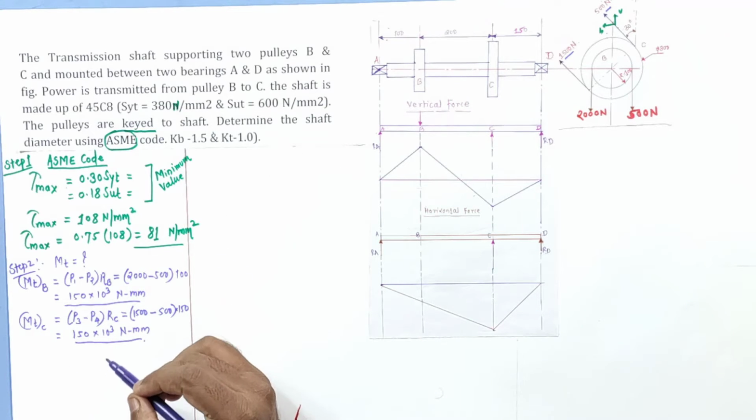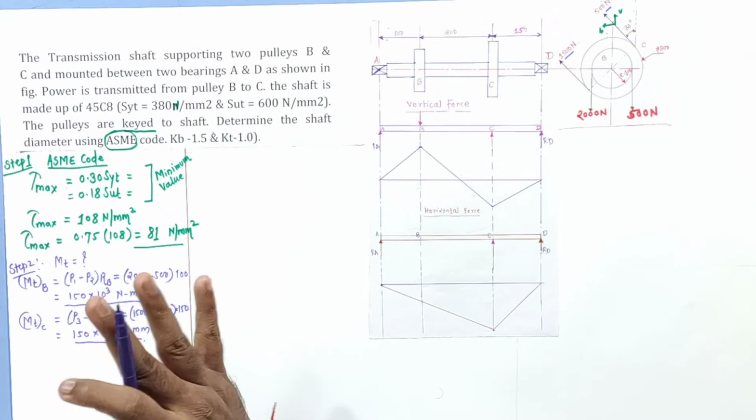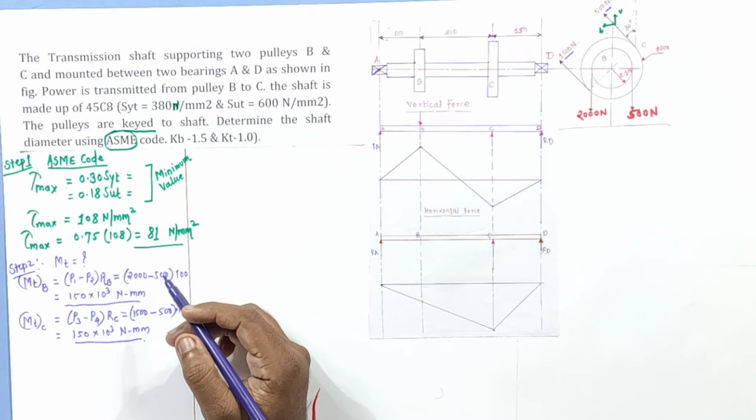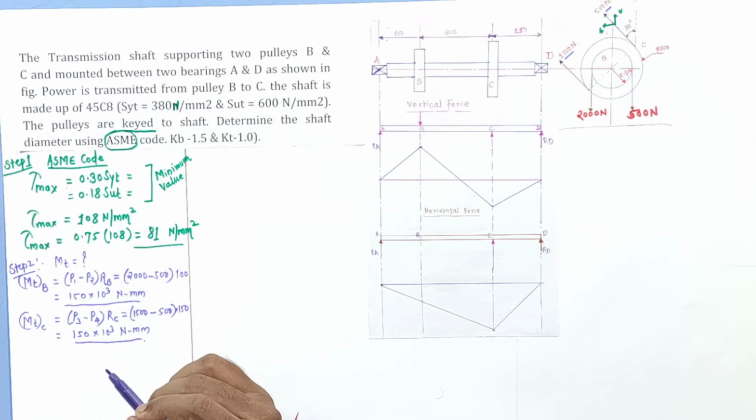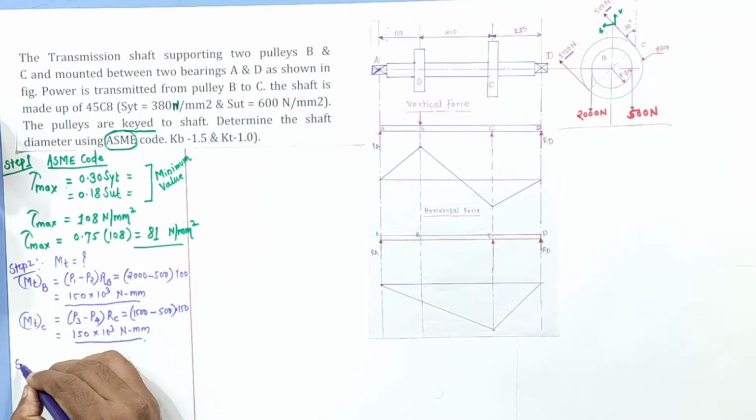So that will be the maximum torque we'll have to select. If the answer changes, then select the maximum one. So likewise we'll have to check for the torque. This is step number 2. Now in case of step number 3,